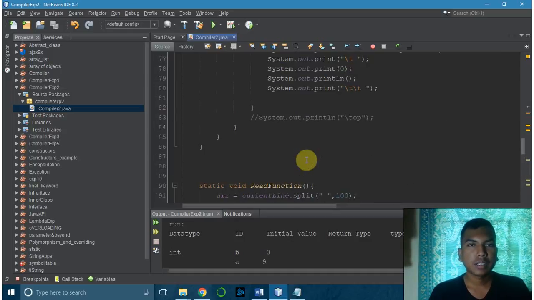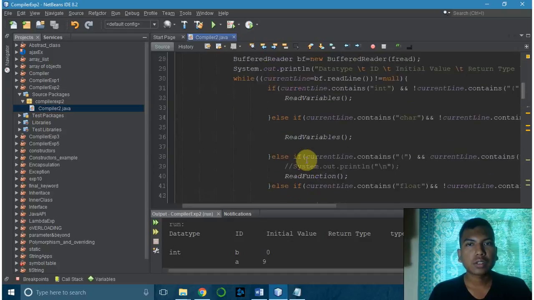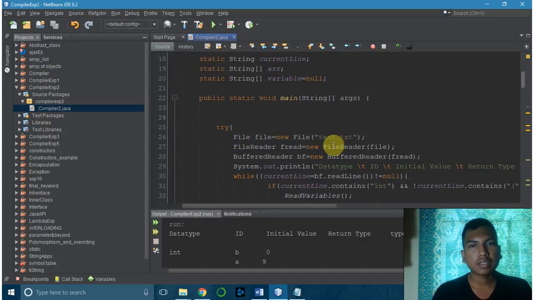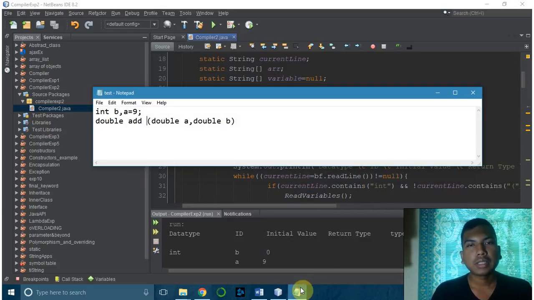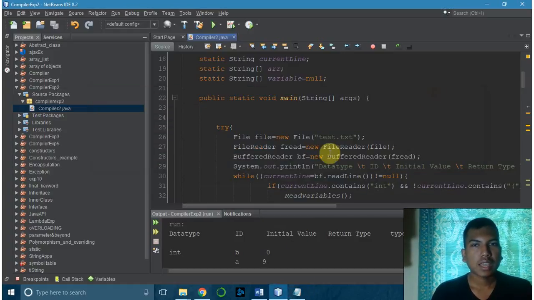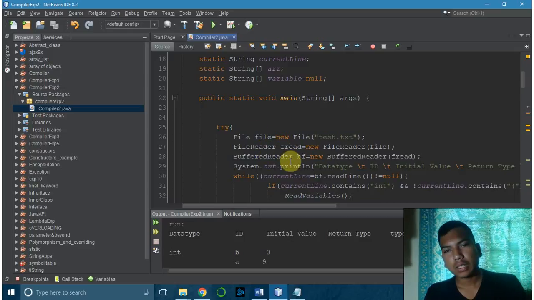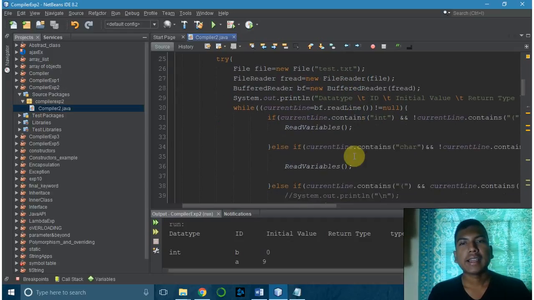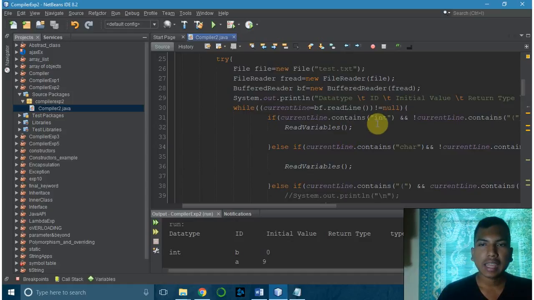So when do we call these functions? For that, as I told you, I have stored it in a text file named test.txt, which I have opened in here using the file command, and then I have read this test.txt. Then I have read its lines and stored them,